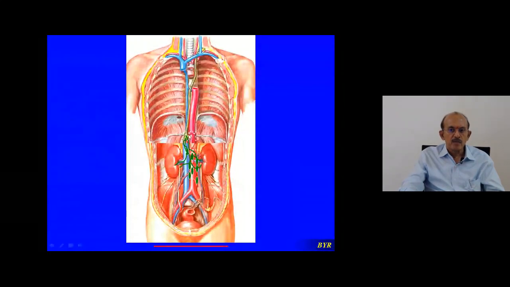Now you can see here are the kidneys. Here are the various lymph nodes. They are there in the mesentery. So from the mesenteric lymph, that means from the intestines, the lymph drains through the lymphatics in the mesentery. They come to the pre-aortic lymph nodes. From there, the lymph passes into the thoracic duct. The proximal end of the thoracic duct is dilated. It is called the cisterna chyli. So from here, the chyle passes in the thoracic duct, goes into the bloodstream and empties into the internal jugular vein.